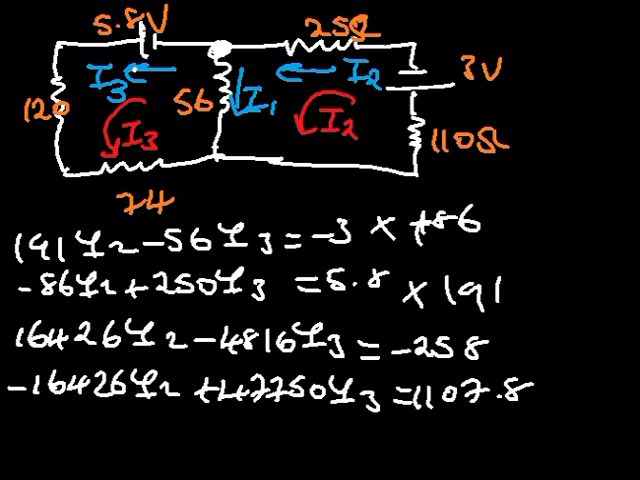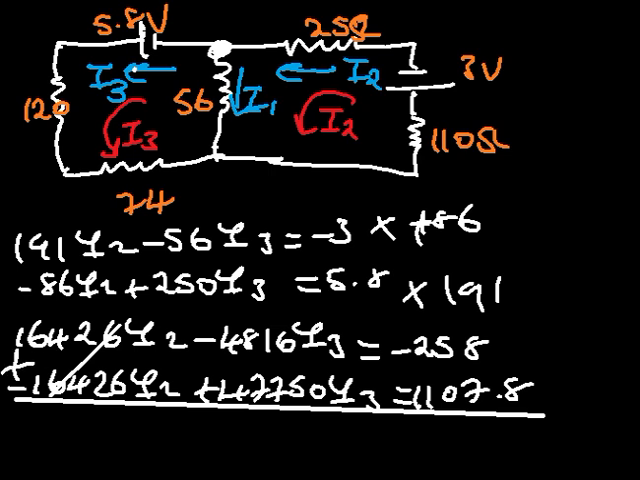Then now we just have to add the two equations. We should indicate that we are adding the two equations. Then we'll have negative 48 16 and a plus 47 750. So that will be given as a positive 42